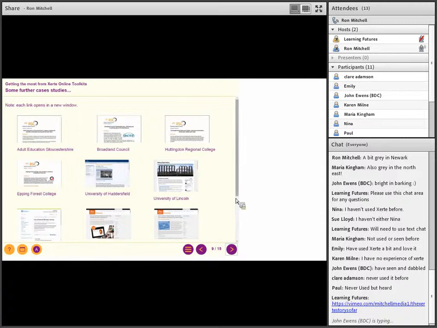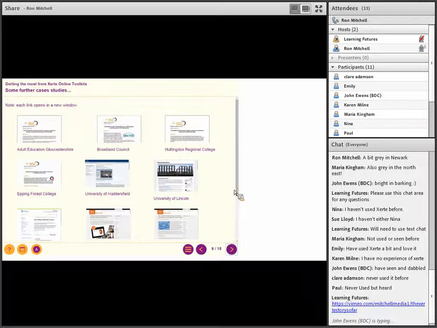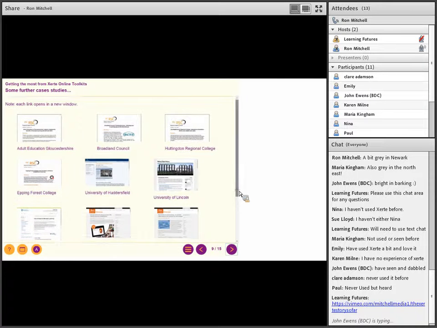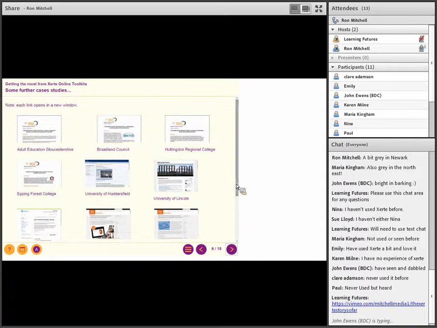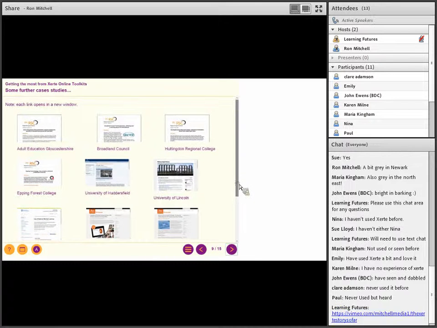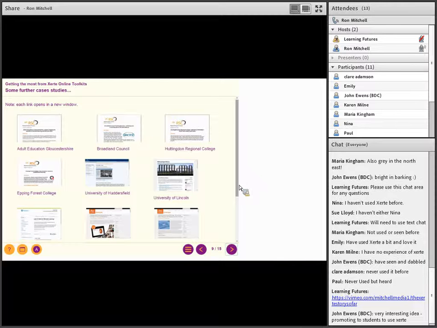So here's some further case studies, some of which I know are linked on the Learning Futures site already in the Scoop.it that's been prepared. There's a few extra ones here. The shame about some of the GIST case studies that some of the RSCs put together is that with the changes in GIST, the original pages where a richer collection of resources seem to have disappeared in some cases.